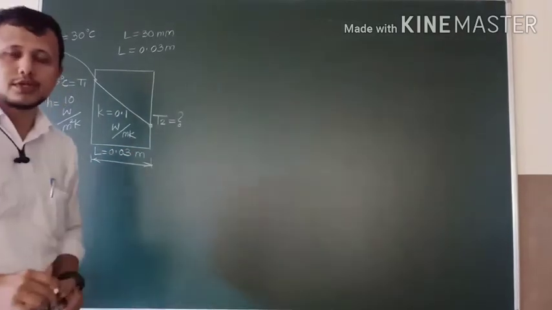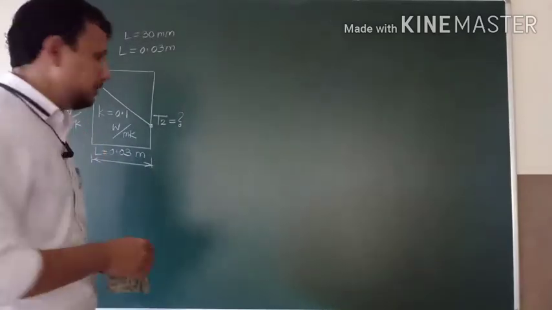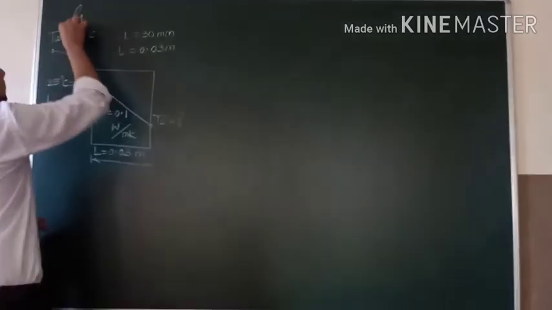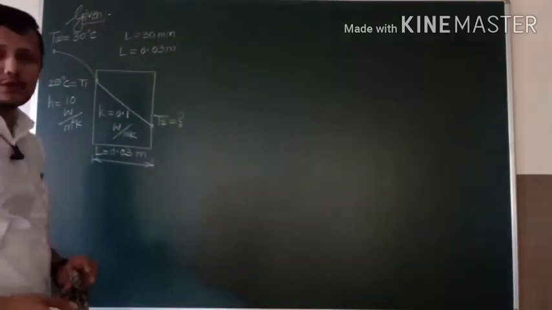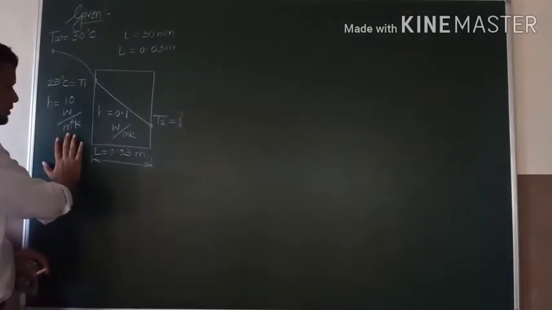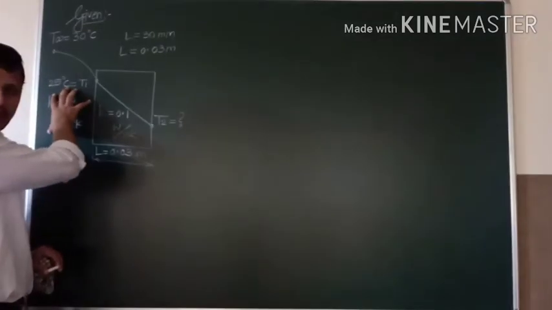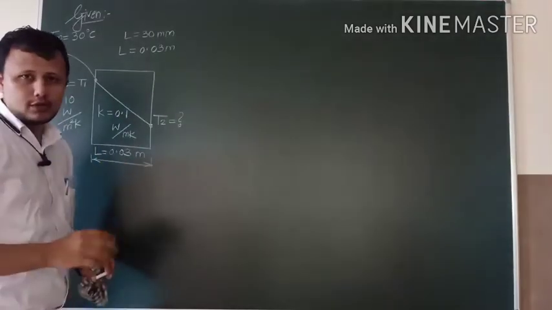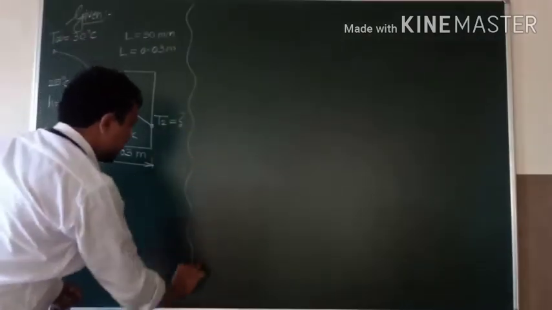So all the inputs from the problem statement are now converted to a schematic diagram. These are your given things, and you are finished with this. Now you can proceed towards the solution of the problem. Firstly you need to understand the physics. In this zone convection is happening, in this zone conduction is happening. So Newton's law of cooling will be applicable here, while in this zone Fourier's law of conduction will be applicable. Now let us start with the solution.